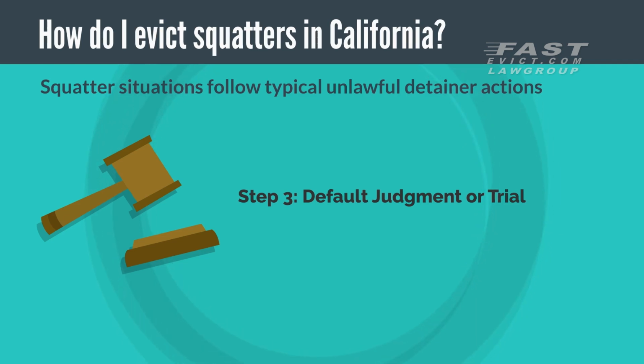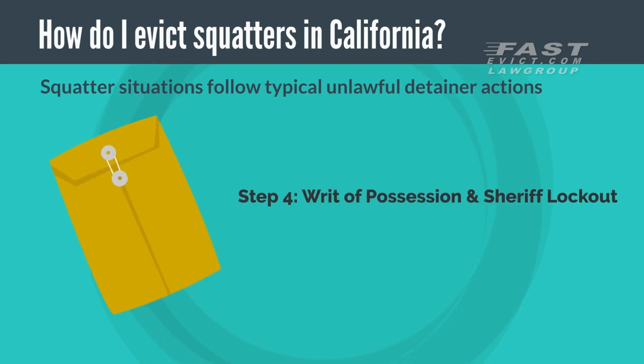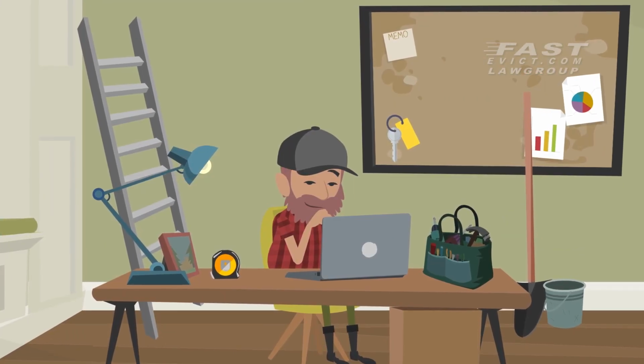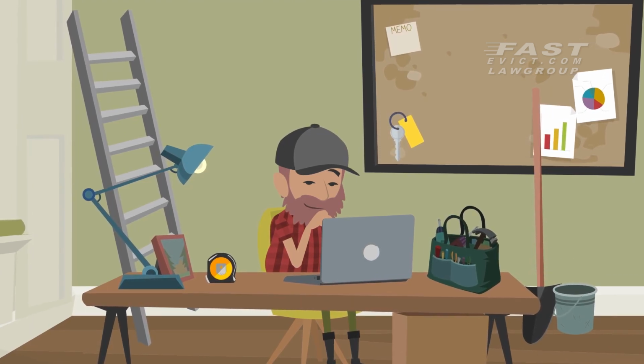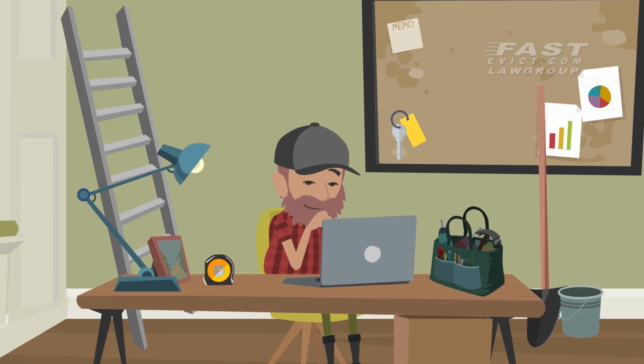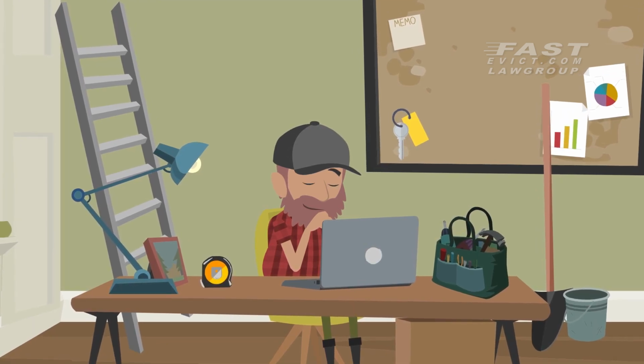If a trial date is set, both landlord and occupant must show up and provide proof of either lawful or unlawful occupancy. After either filing for a default judgment or having your day in court, a judgment is awarded. If the landlord won, the landlord must file for the writ of possession, which can be taken to a sheriff for the lockout stage. Evicting squatters is not a simple process and requires an experienced unlawful detainer law firm to represent the owner of the rental property, from the preparation and service of the notice to obtaining the judgment.